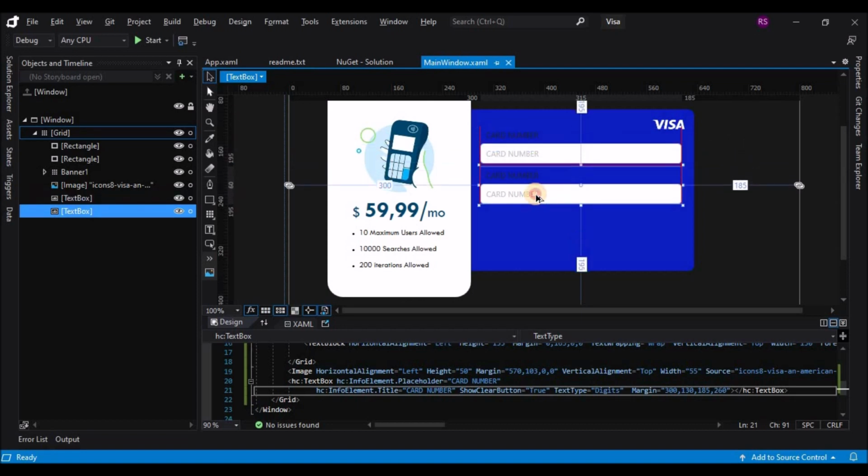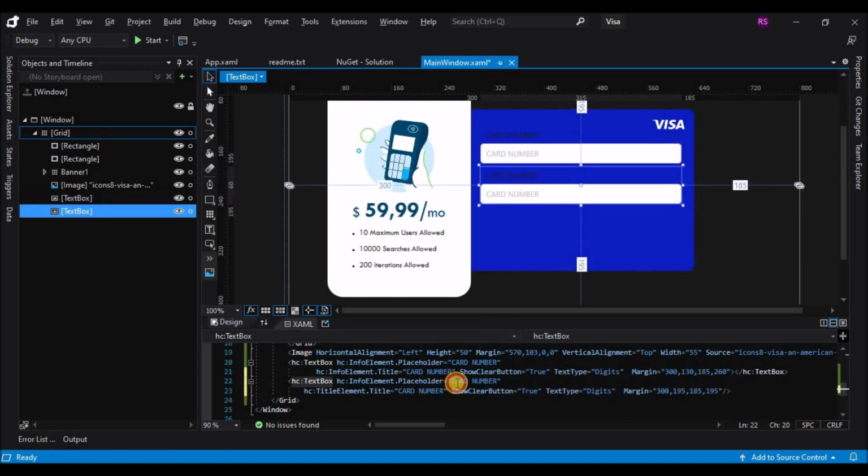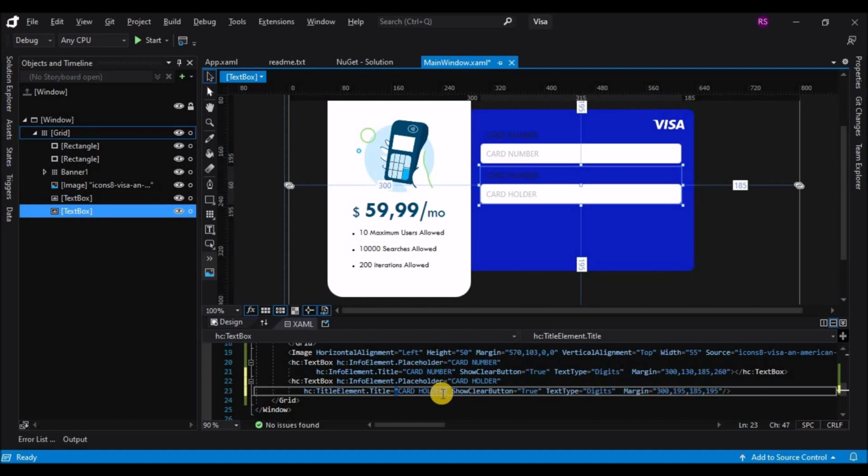So let's make a copy of the first text box that we created. Change the placeholder text to card holder and also the title to card holder. And let's remove the text type, since the card holder can accept anything. But yes, you can restrict it to characters and avoid numbers.